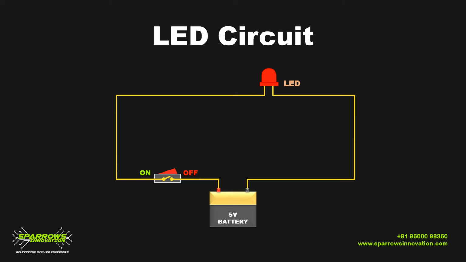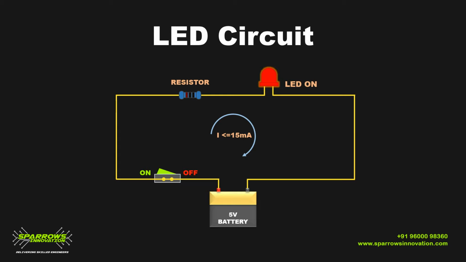When you press the switch on, the LED will blow off because the circuit will have a current of more than 15 milliampere, which is more than the maximum withstand capacity of your LED. So to avoid this, or to make your LED glow, you have to control the current flow to this LED. This can be done by a resistor connected in series to this LED. When you connect a resistor to this LED, it will control the current flow to less than 15 milliampere so that your LED can glow without burnout.